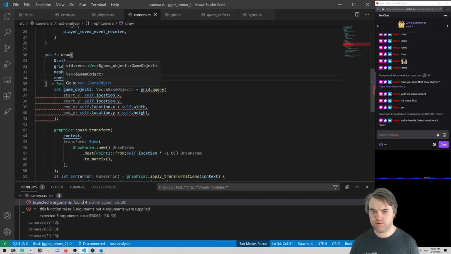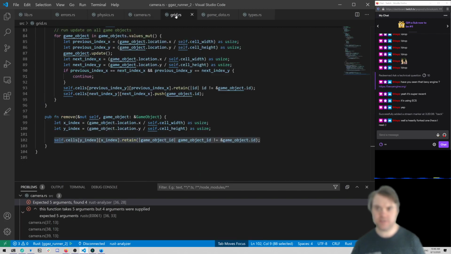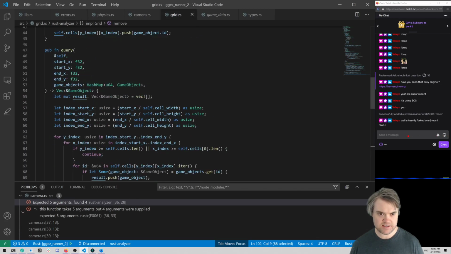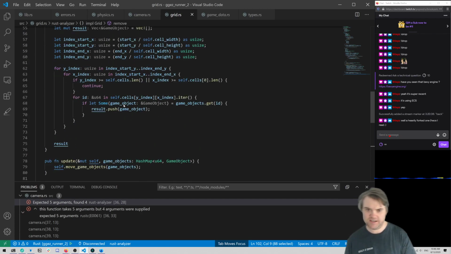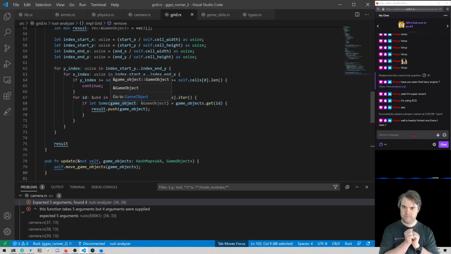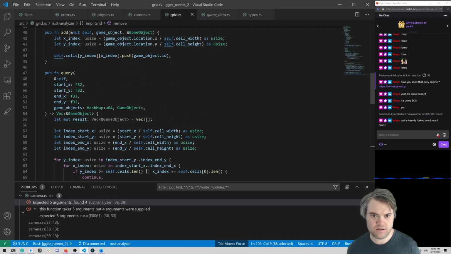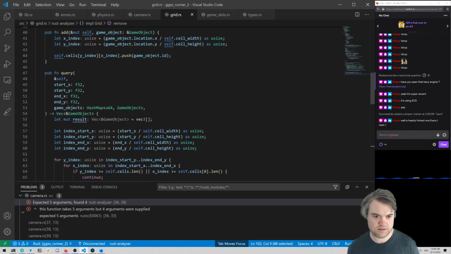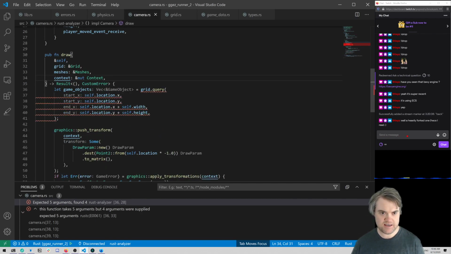Right, because the grid needs to figure that out. Because the grid in query takes the game objects, then figures out the location, and then grabs them, and then throws them in there. Okay. So that's perfect. So camera, you need to take in